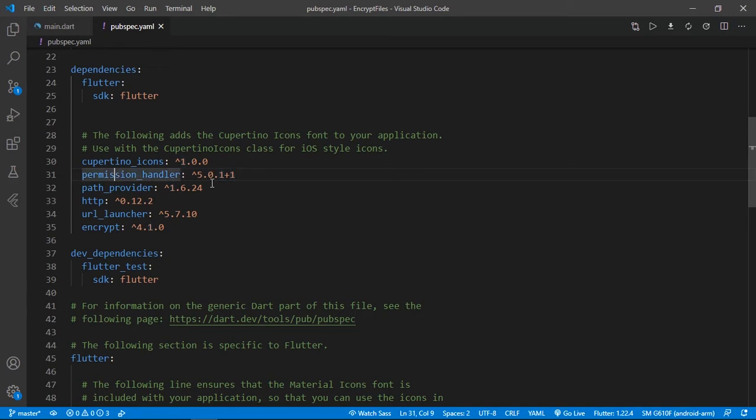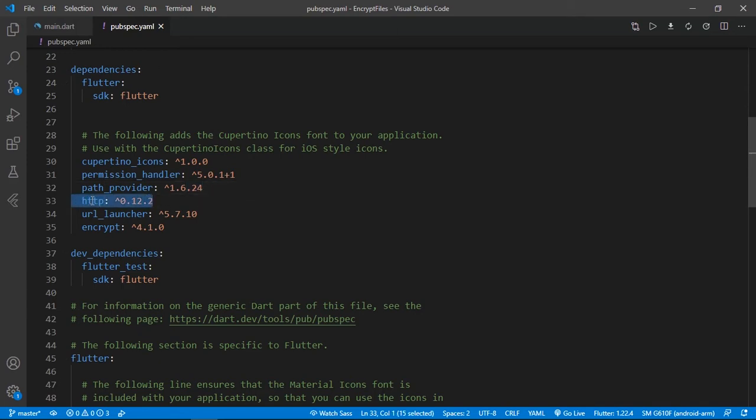First one is permission handler, to ask permission from our application. Second one is path provider. Guys, this is optional for now. I'm not going to use it for a visible file, but I will show you how you can use it to store your files in your application directory.